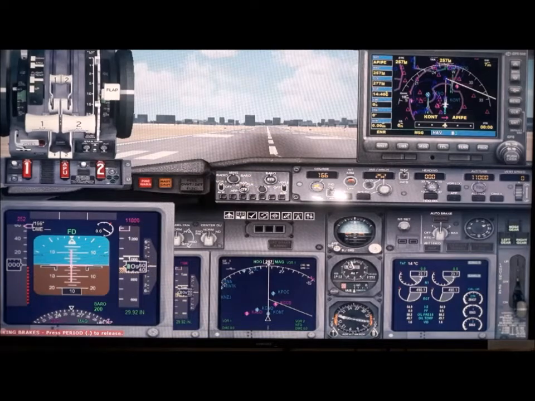This is 11,000 set. Now here the speed we will keep at 250, and right now it's showing 0 indicated air speed. There are different speeds which we will talk about later, but this is what is indicated in the plane, and the auto throttle is controlling this IAS, indicated air speed. You can see here IAS. Okay,